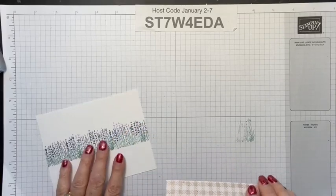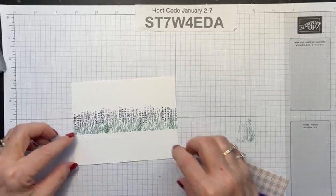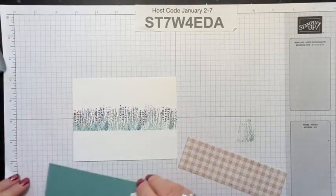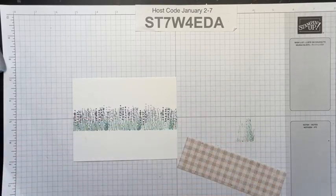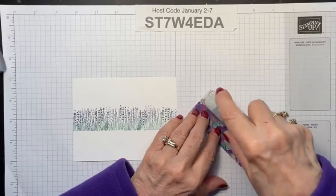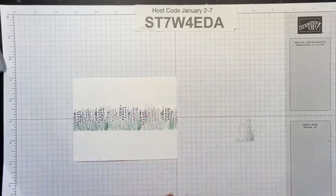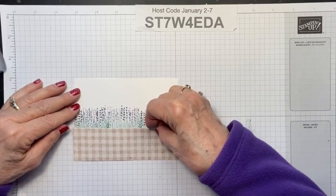So if you like the flowers being up, obviously you're just going to widen or lessen the strip of your mat. So this is 1 3/4, I think. Let me check. No, this is exactly 1 1/2. So that's the way I did it, but obviously there's room for improvement or creativity. Then I'm going to go ahead and put down my DSP, and